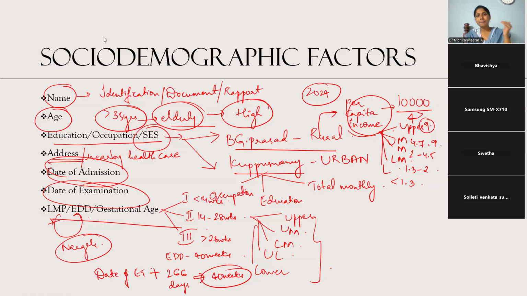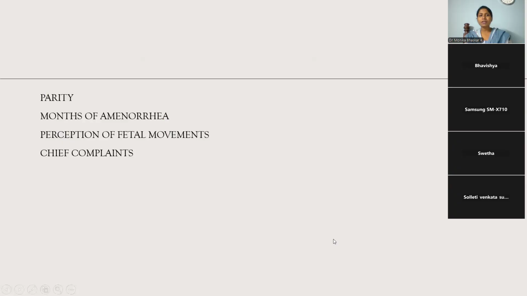So whenever you're finished with the socio-demographic factors, what are the next important things you have to ask? The next important thing before chief complaints is to ask her about the parity. So what is parity? Parity is nothing but the obstetric score, which must be written at the starting of the case. So for example, you start presenting a case and you will be like, I'm presenting